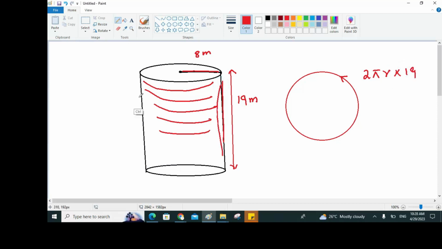If you want me to shade it, I can simply shade it with a pink color, that is this one, the outer curved surface. So for this, let me put the values here in this question. It will be 2 multiplied by pi multiplied by 8 multiplied by 19. So let me solve it and get the value. 2 multiplied by 8 is 16, 16 multiplied by 19 is 304 pi,